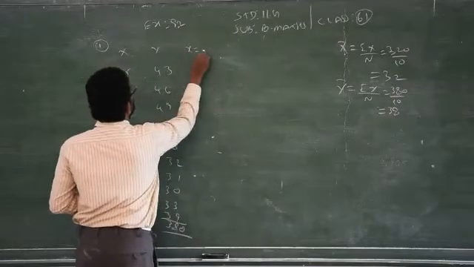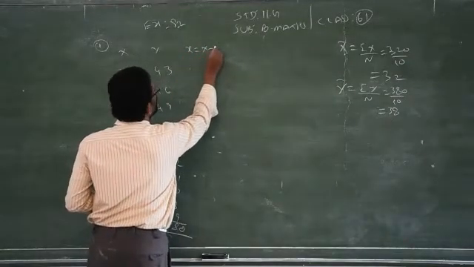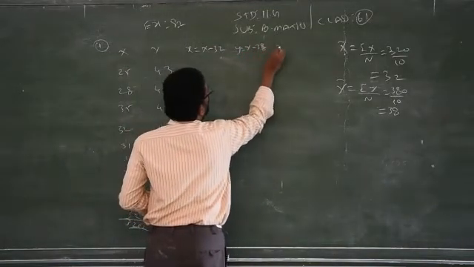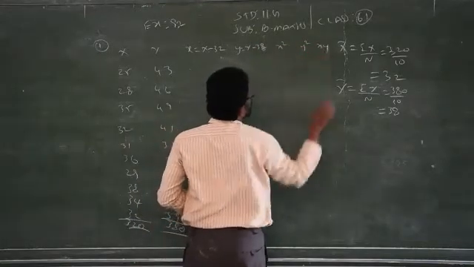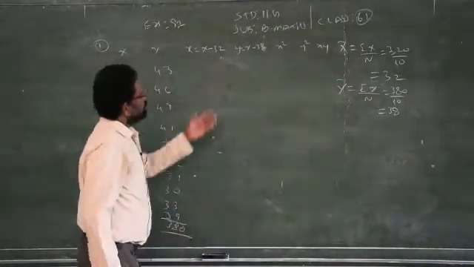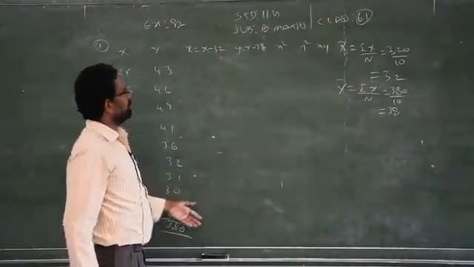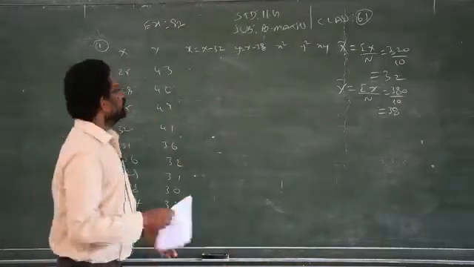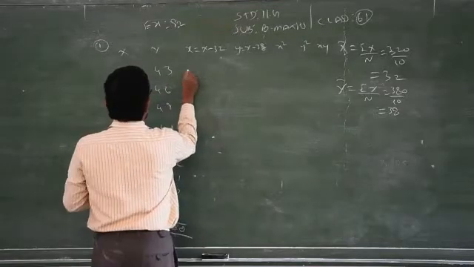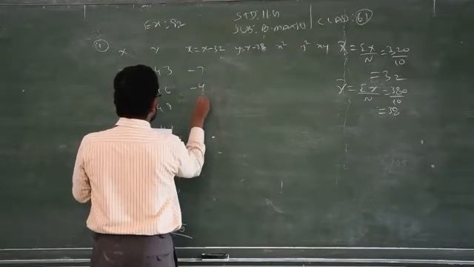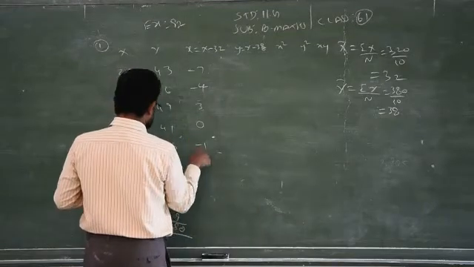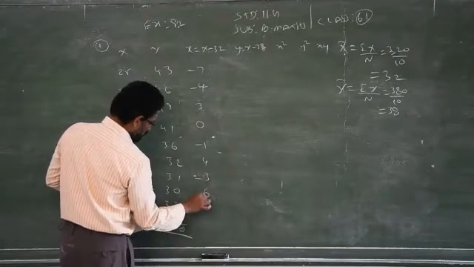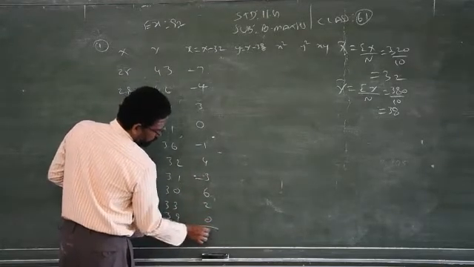Now I can consider capital X equal to x minus x bar, the mean, and capital Y equal to y minus 38. Then X square, Y square, XY. Clear? So I got the values. Based on x bar and y bar, I have to form the tabular column, just like the previous exercise. I will write down the data straight away. You please check. Under X: minus 7, minus 4, 3, 0, minus 1, 4, minus 3, 6, 2, 0, total is 0.